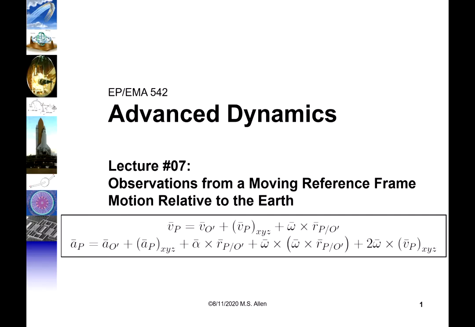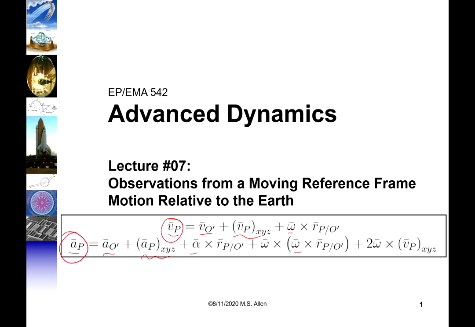We spent the last several lectures learning about these equations right here. These equations help us to calculate the velocity of a particle or the acceleration of a particle using a moving reference frame. And so if we know the velocity and acceleration of the origin of that reference frame, how the particle moves relative to that reference frame, and then all of these parameters having to do with the rotation and angular acceleration of the reference frame, these equations help us to work out what the total velocity and total